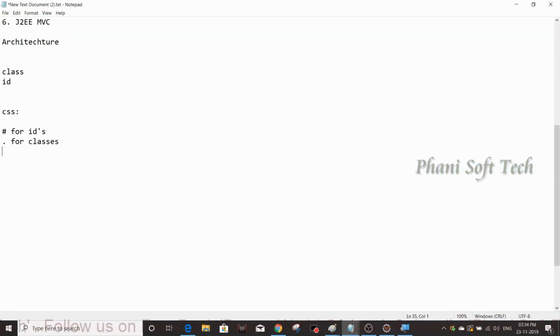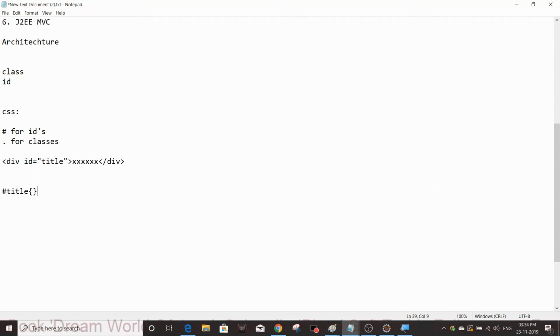For example, div id equals to some title, slash div. Okay, so if you want to get this element, you need to give hash title for the id.